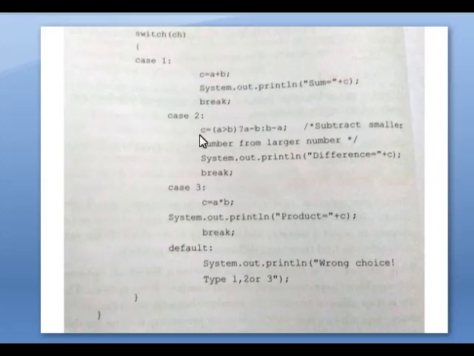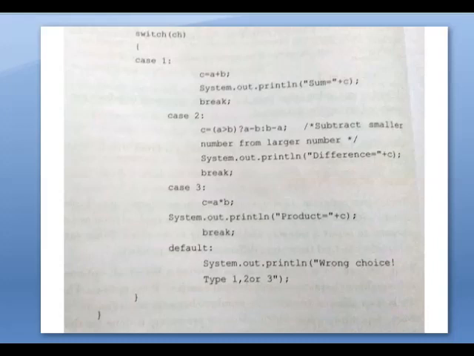If the condition is false, we have to subtract like this, b minus a. So here they used the ternary operator. The next one is case number 3, multiplication. If the three cases are not matched, and you give the choice as 4, it will display that it is a wrong choice. Okay, so that's all about the switch statement.